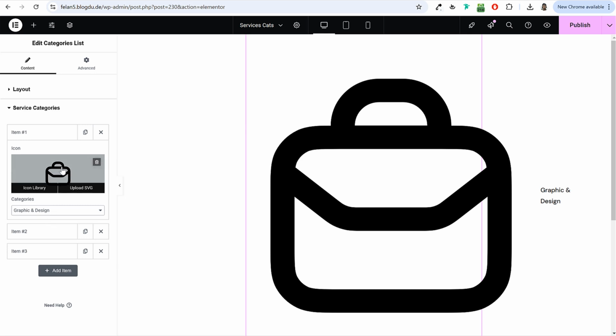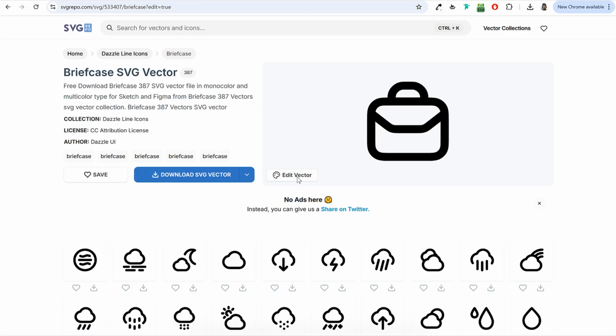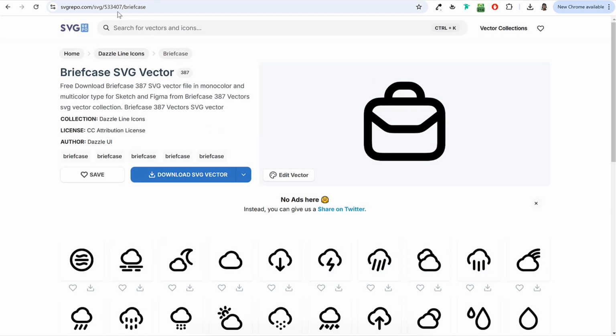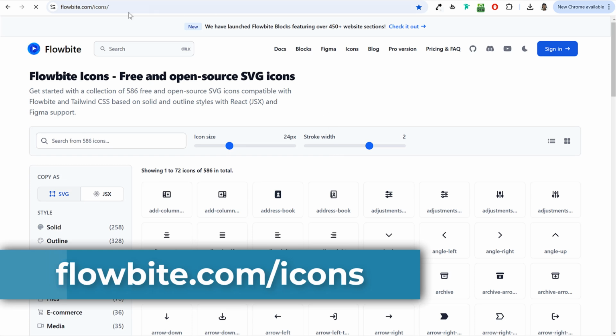Okay, if you see the size of this icon is big, you can delete it. And let's do one thing, click on edit vector, and icon size here, as you can see, you can decrease this to 24 pixels. Okay, 64 is the last size that they allow. So we can use another website. There's another website to download these kind of SVG icons. So for that, you can go to this website,